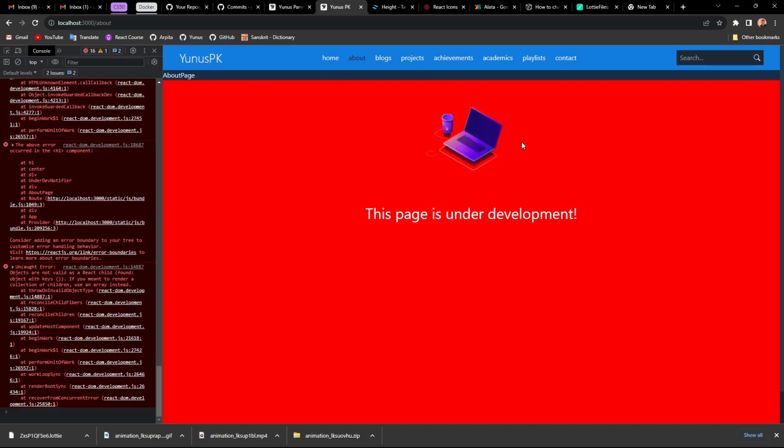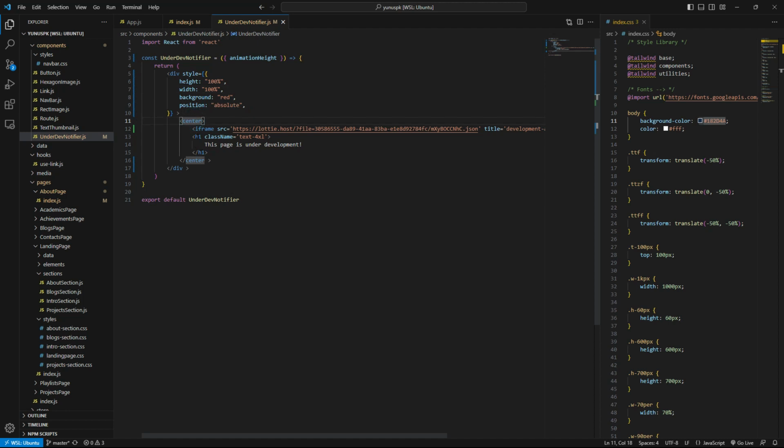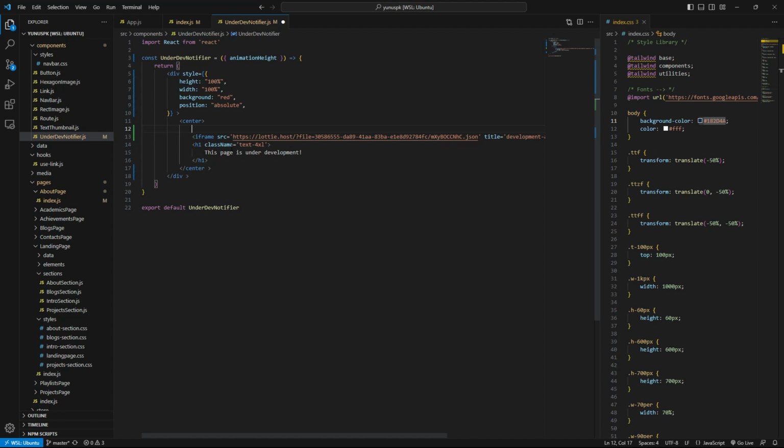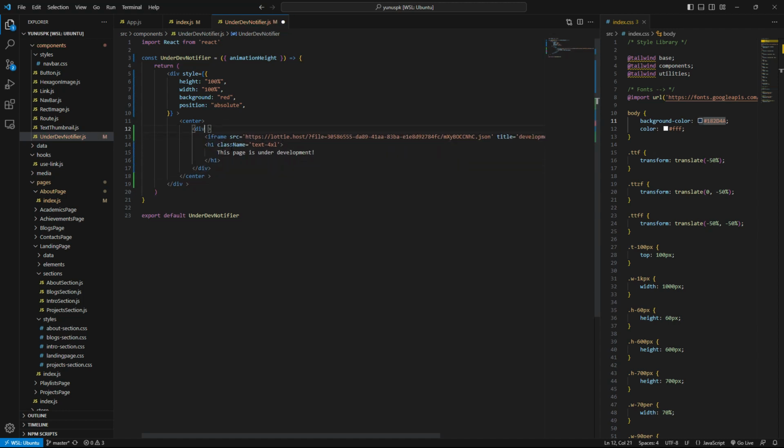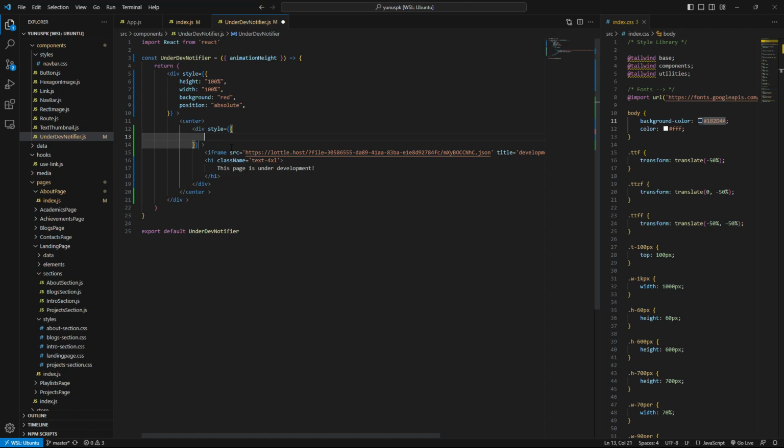Now we're gonna make this entire thing center. So what we're gonna do is I'm gonna create another div. I'm gonna just wrap it up with another div. I'm gonna give that div a style prop. Now what are you gonna do? Okay, by the way, this height and background red position, we could have done that with class names. We're gonna refactor that, but before that I'm gonna give it a style.